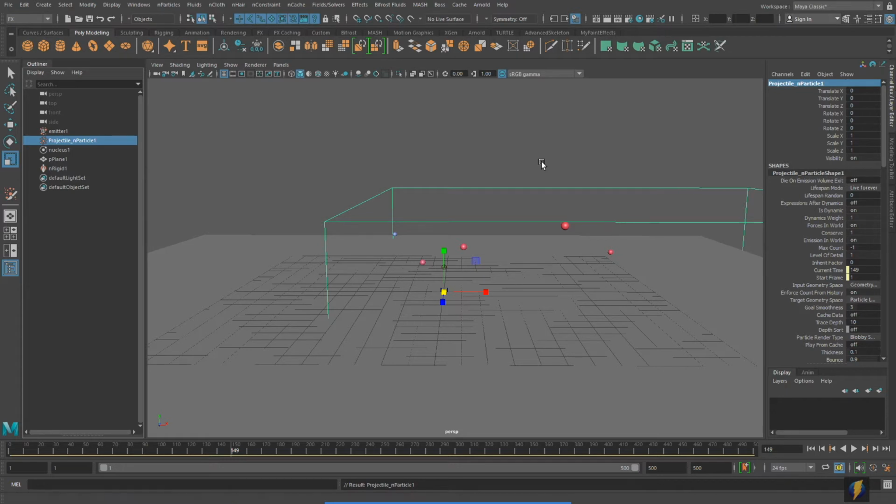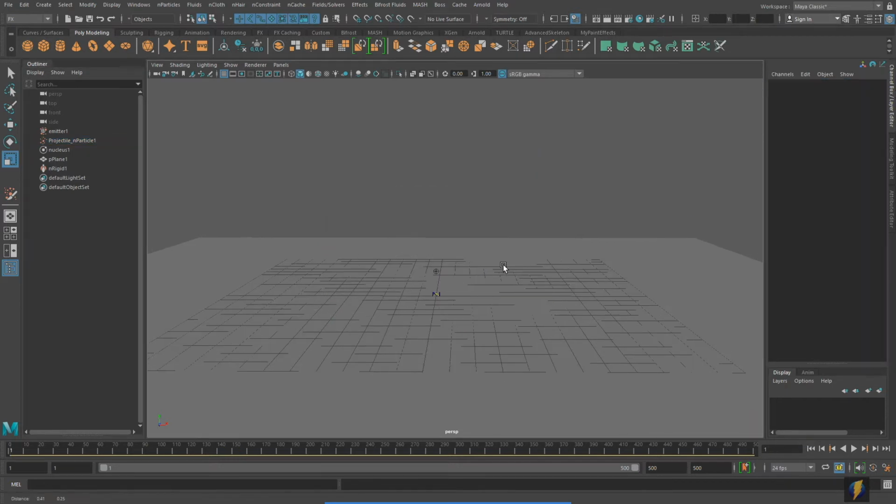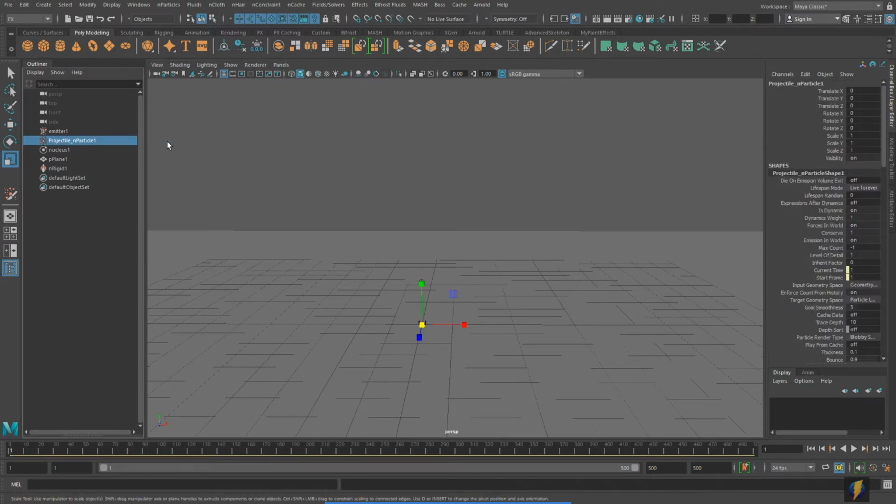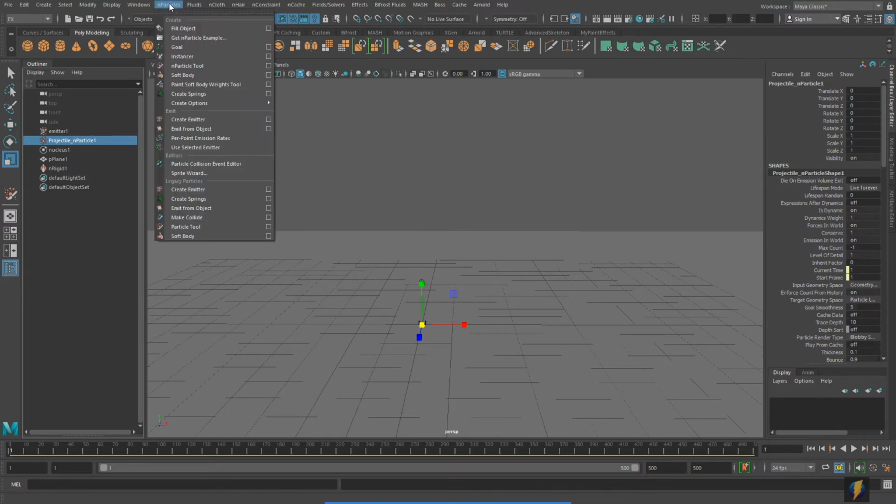So now we have our emitter, our particle, our nucleus node. We have a surface for these particles to collide with. Let's go to the next step. So what I'm going to do is select my particle that I've created, the particle that's getting emitted by the emitter, and I'm going to go to nParticles,